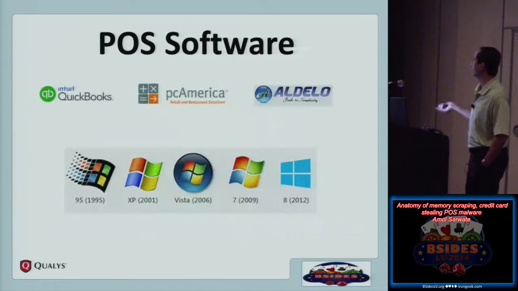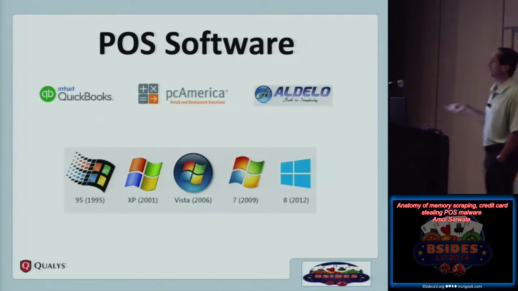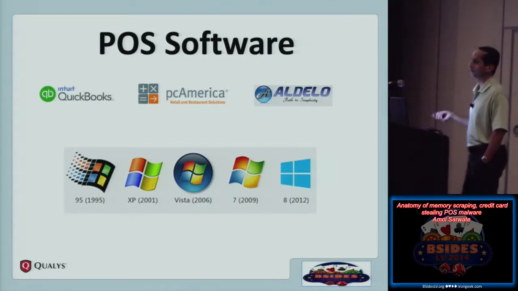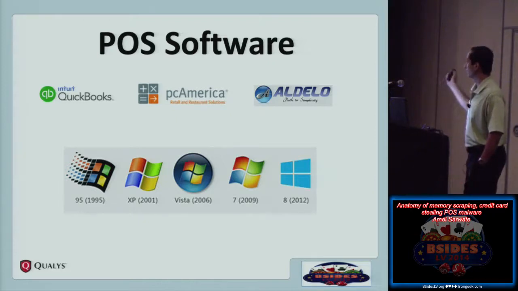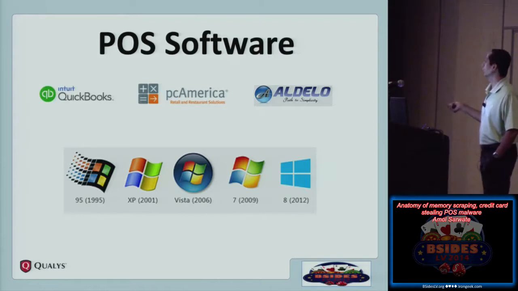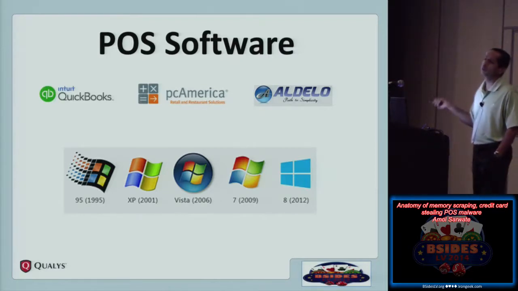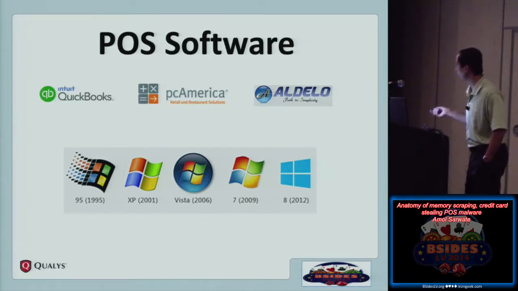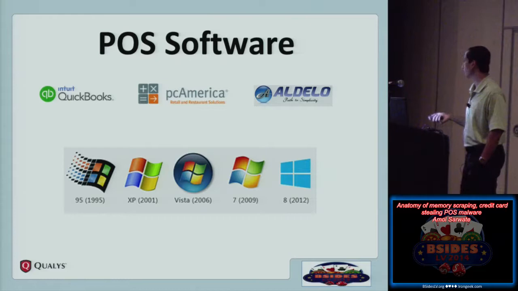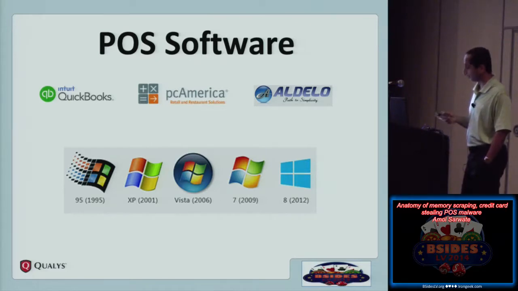Also what it has inside is the POS software, or point of sale software. There are at least 2-3 dozen companies that make this point of sale software. Some of the examples I've given above, these are all very good companies. I have really high respect for them. But what it all boils down to is these logos at the bottom, as in most of this software runs on some flavor of Windows. I hope no one runs on 95 anymore, but XP systems are very common in the POS world. So okay, that was the POS software and POS hardware.